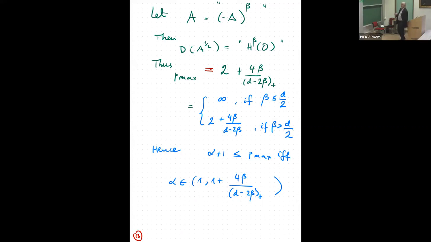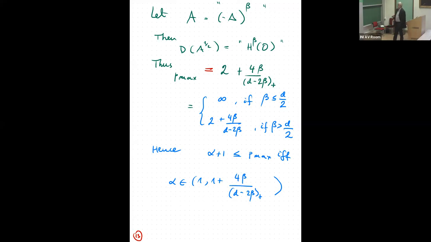So if beta is less than or equal to d over 2, the P maximum is infinity, but if beta is bigger, then this P maximum is equal to this one. So then we have the condition that alpha plus 1 has to be less than or equal to P maximum,